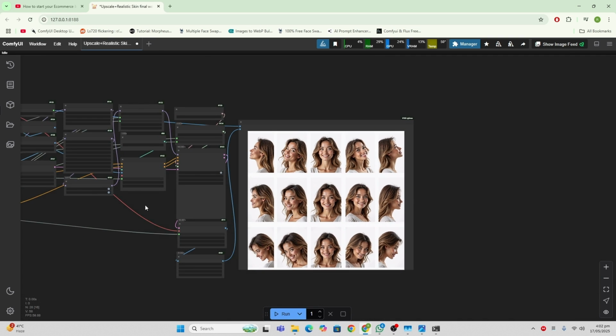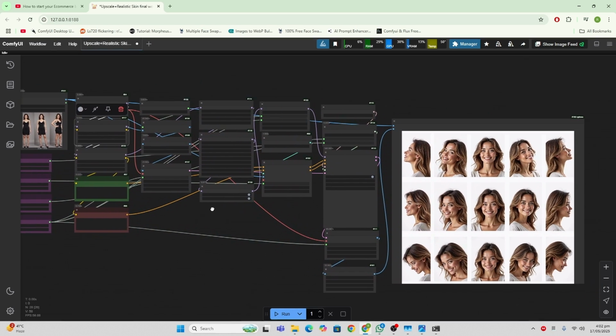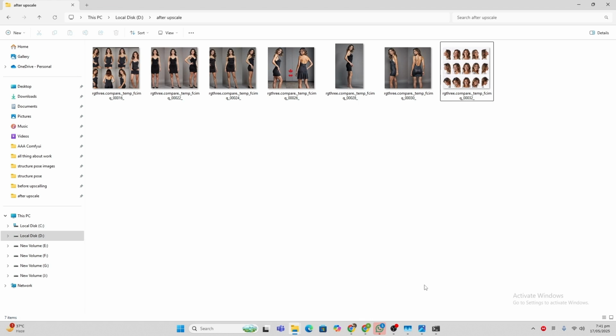So now you got it how this is going to work, right? Now I will render every single image and I will show you the finalized result so you see it yourself what we have just created. Hi guys, as you can see, all the images are prepared now. I have done the face swapping and also the realistic upscaling. So after that, let's see the final result, what we got here.